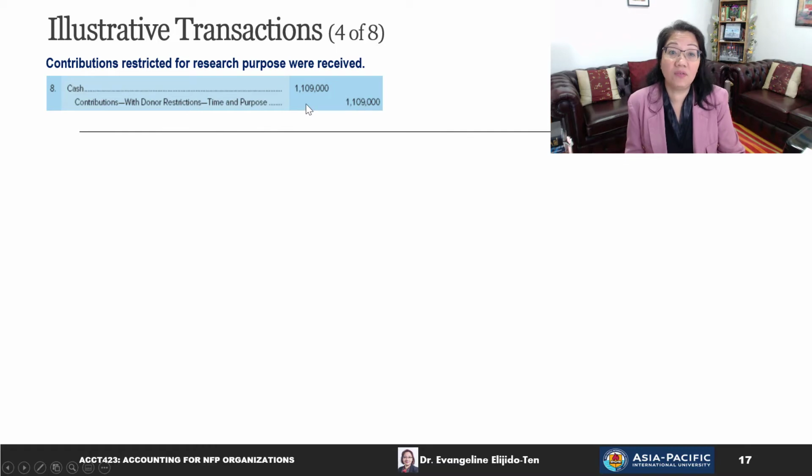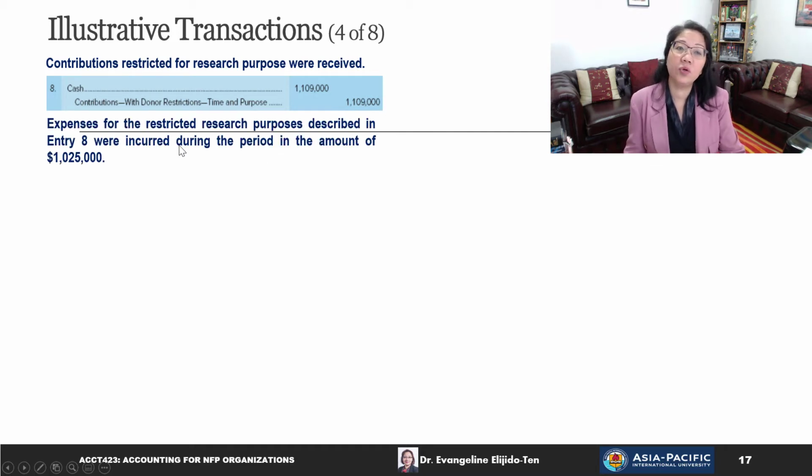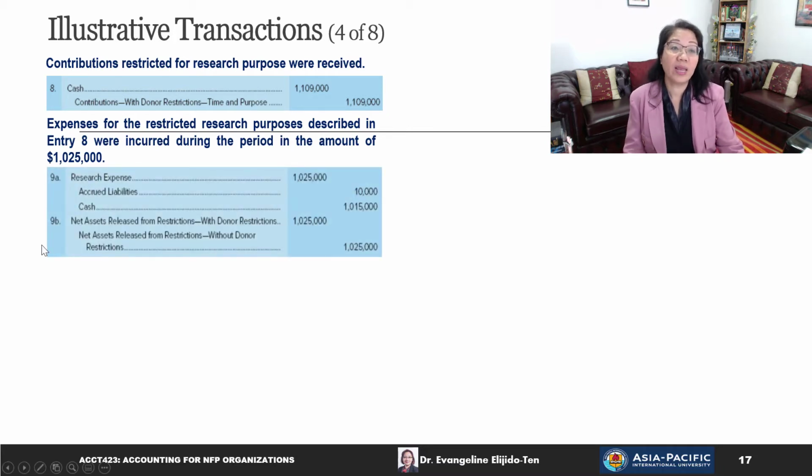The amount is given 1,109,000. So we have received cash, so we're debiting cash, and this is a restricted donation. So our credit would be to contributions with donor restrictions, time and purpose for the given amount. Expenses for the restricted research purposes described in entry number 8 were incurred during the period in the amount of 1,025,000. So our entry would be to debit research expense for 1,025,000, and we haven't paid cash for some, and